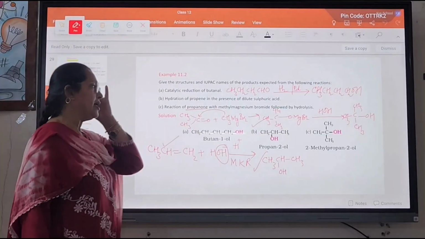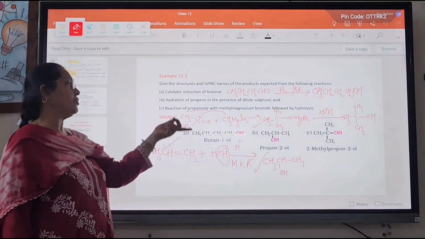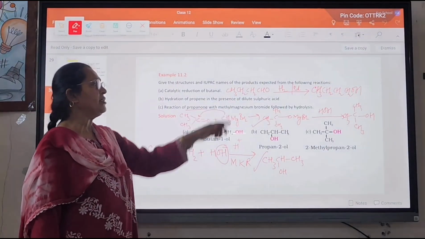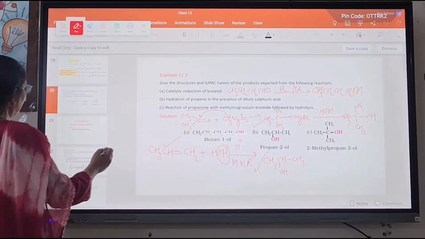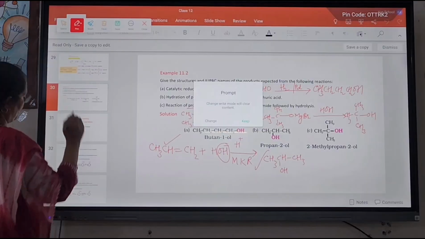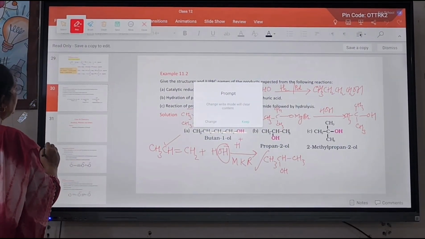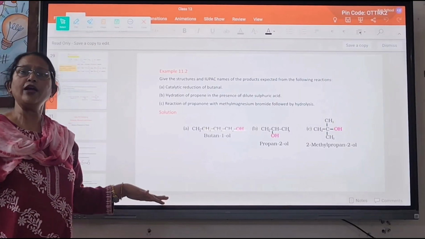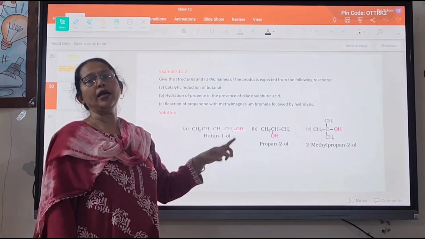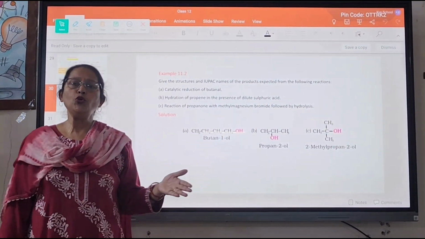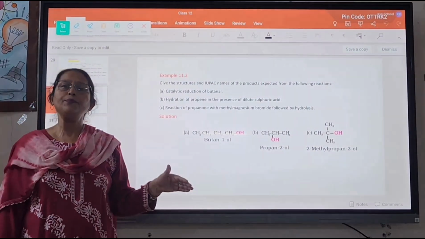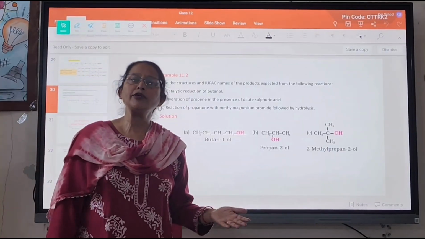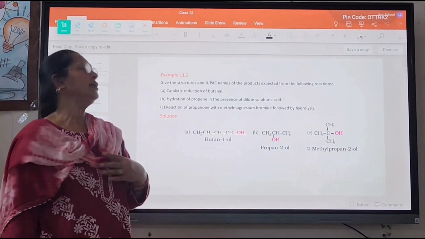So here is the complete reaction. If in the board examination the equation is asked, you can write the equation. Otherwise, the name and structure of the compound will be given. Now, these are the methods of preparation of alcohol: from alkene by hydration and hydroboration, then from the carbonyl compound. In this we have done the reduction of the aldehyde, ketone and carboxylic acid, and then using the Grignard's reagent.